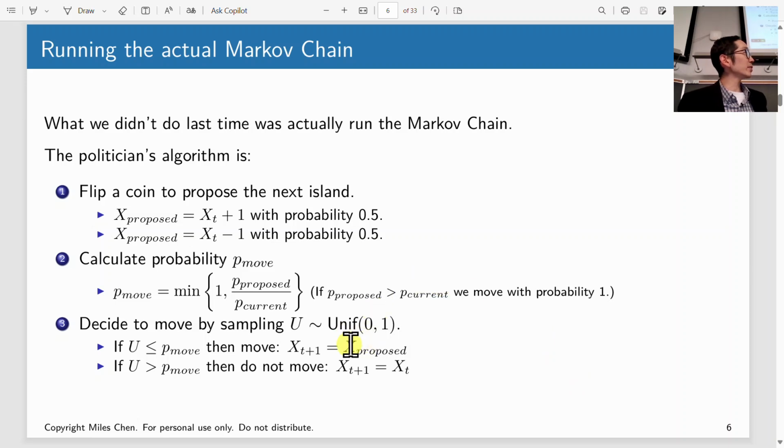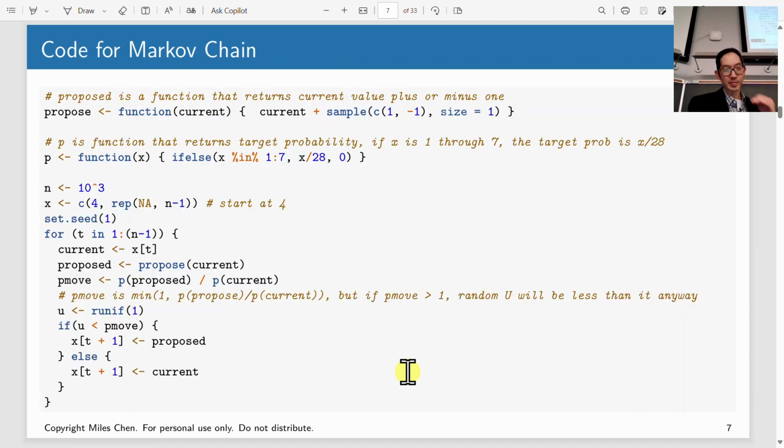This is an important step that sometimes students forget to do when writing code for their own Metropolis algorithm: if you don't move, your current state goes in as still your next generated random sample. So if you're at time 15 and you're currently at 5 and you don't move, then you generate a sample of 5 again for time 16.